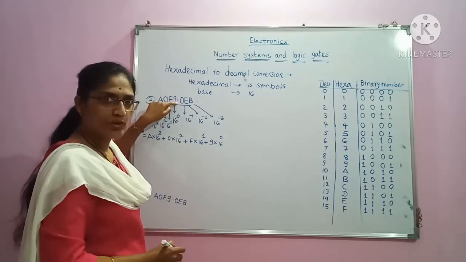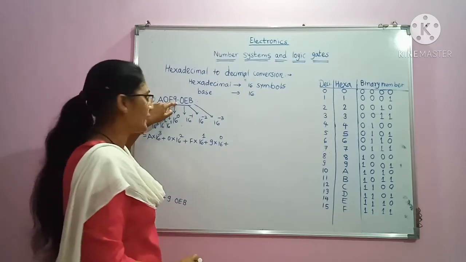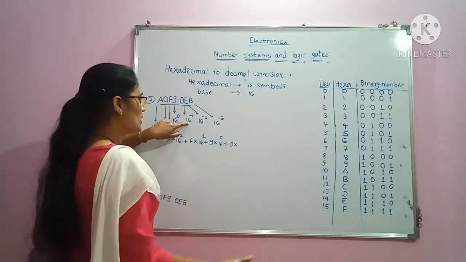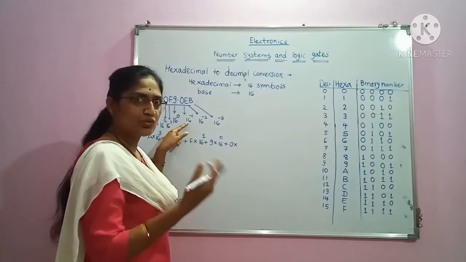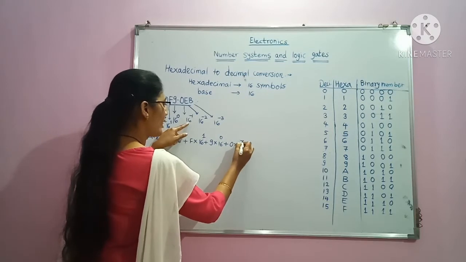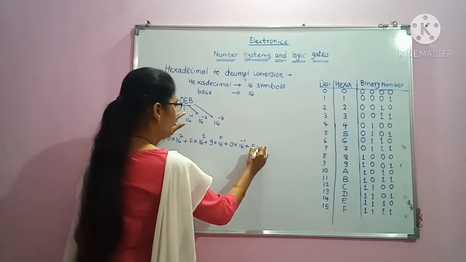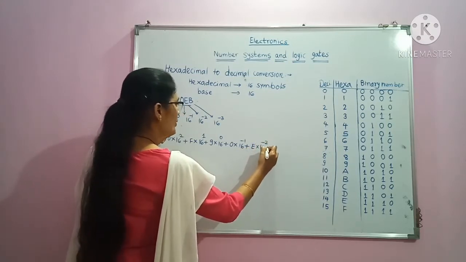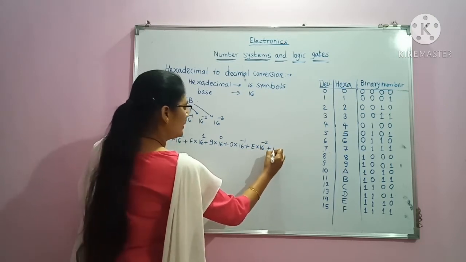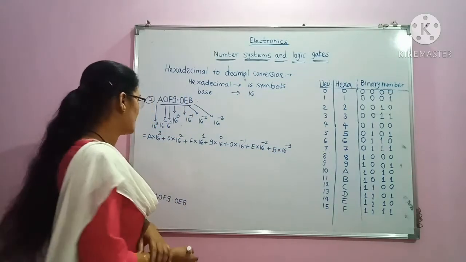Now there is the hexadecimal point. Now we are calculating the value, so we have to put a plus sign here. Then the next number is 0, and now it is towards the right, so we have to multiply with 16 raised to minus 1, 16 raised to minus 2, and so on. So 0 into 16 raised to minus 1, which is the place value or the weight value, plus E into 16 raised to minus 2, plus B into 16 raised to minus 3. This is the first step.